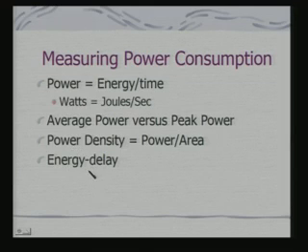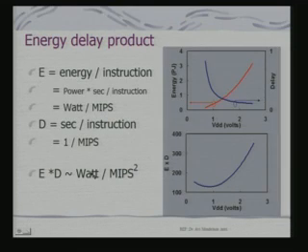The other factor is what is known as energy delay. So, how is energy delay calculated? If we define energy E as energy per instruction, this would be watt per MIPS, because MIPS is the rate at which the instructions are getting executed, and the delay is the time per instruction. So, if I take it, it would be 1 by MIPS. So, for energy delay product, the unit would be watt per MIPS square.